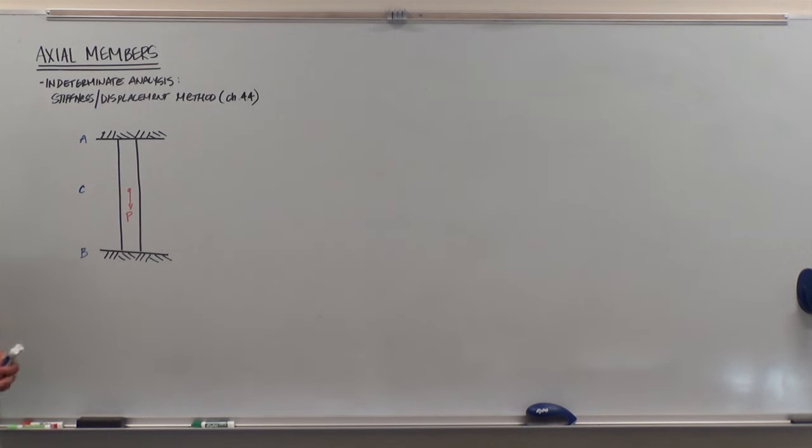Sometimes the axial members that we're trying to analyze can't be analyzed based off statics alone. So we call these indeterminate members, and you've likely been introduced to them in the past with statics, but a bit of a refresher is that we have a column here that's supported between two fixed supports at A and at B, the top and at the bottom, and has a point load applied at the intermediate location that's pulling